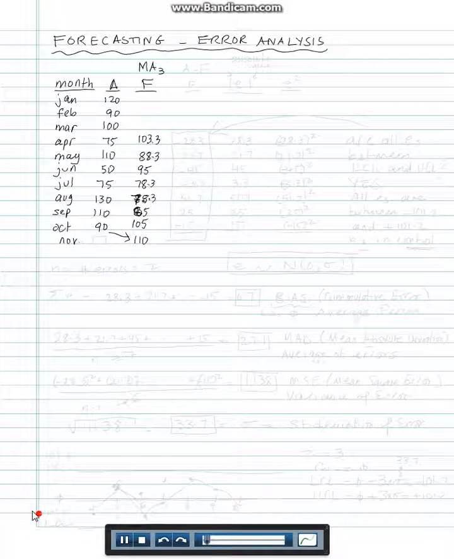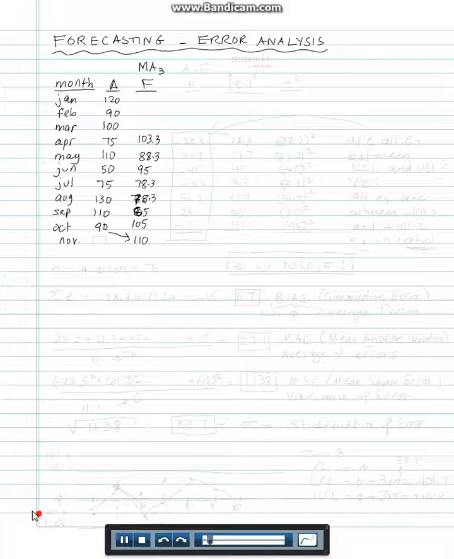Okay, in this example, we're gonna continue the 3-period moving average forecasting, which we started in the previous example, and I showed you how to calculate it. And we're gonna do the error analysis on this particular forecasting technique. Whatever we do on this forecasting technique works well on any other forecasting techniques. It doesn't matter whether you're using 5-period moving average or weighted moving average or exponential smoothing or trend or anything